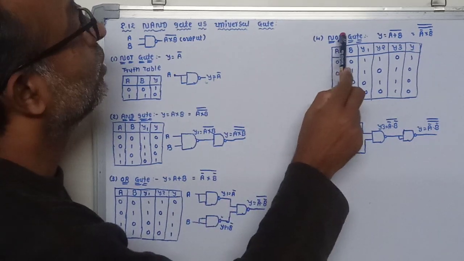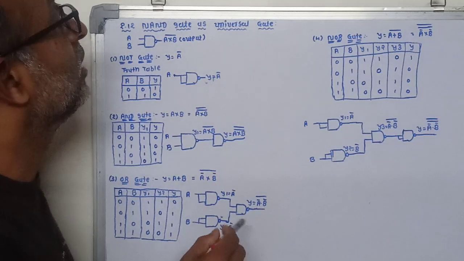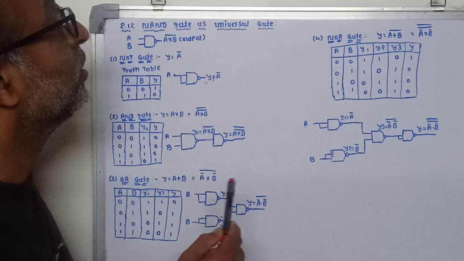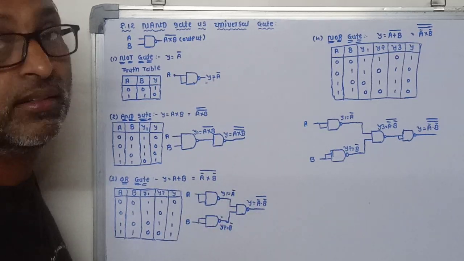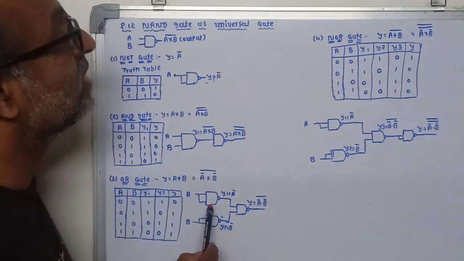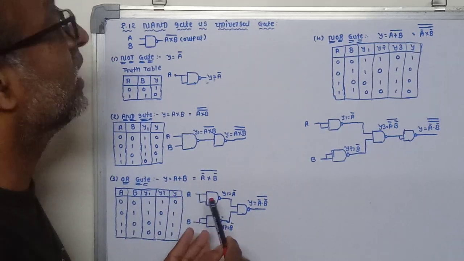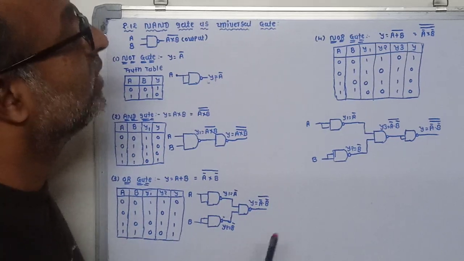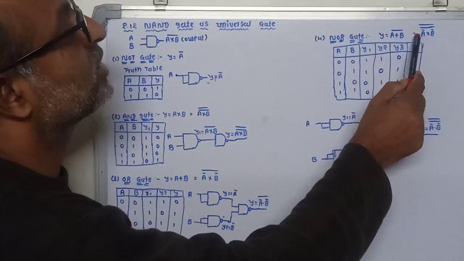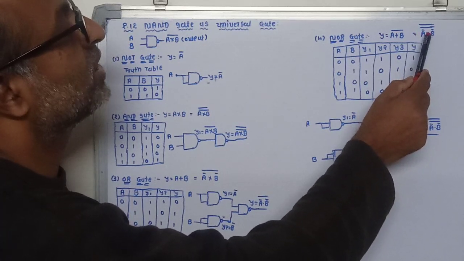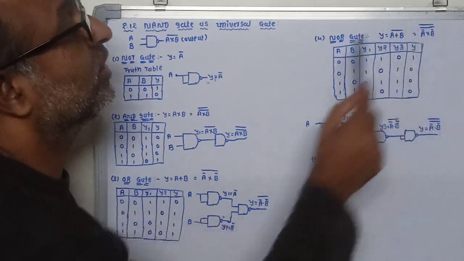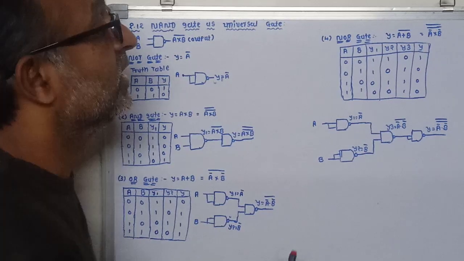Now what about the NOR gate? The NOR gate is nothing but the complementary output of the OR gate. So it is most important. So already we have made this OR gate equation and circuit. Now the output of this OR gate is further inverted by a NOT gate. So here our Boolean expression in terms of the multiplication sign becomes A bar into B bar whole bar, and it again requires another bar. That means another inversion is required.